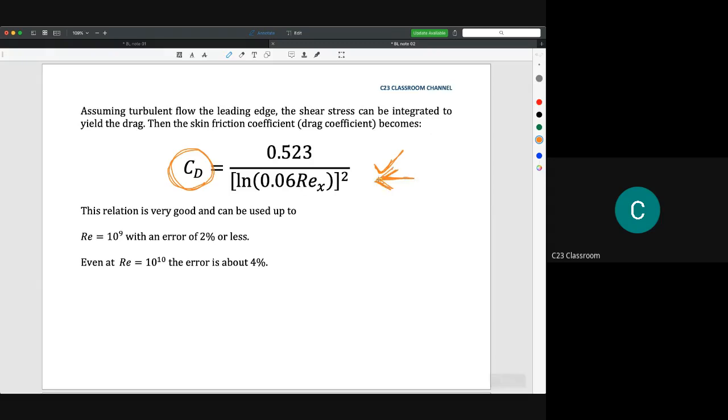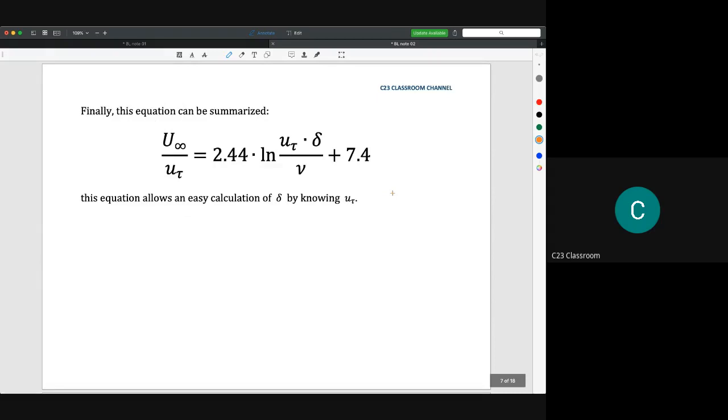Okay, because this is the representative value. So, and then finally, this equation you also need to remember. Fortunately, you are open book test after this. This equation is the one to calculate the value of delta. So, by having the value of u tau here and also the value of u tau here,